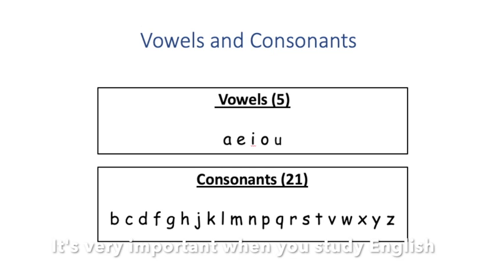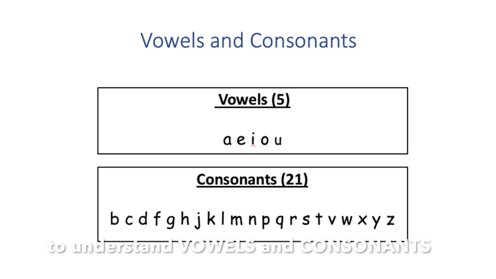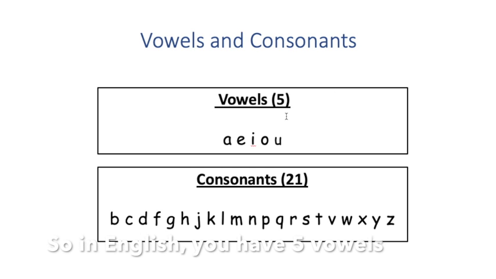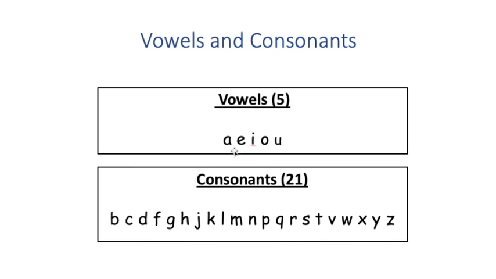It's very important when you study English to understand vowels and consonants. Okay, so vowels and consonants. So in English you have 5 vowels: A, E, I, O, and U. And you have 21 consonants. Okay, so consonants like B, C, D, F, etc. If you don't know vowels and consonants, please pause the video, stop the video, and write the vowels and consonants on some paper. Okay,